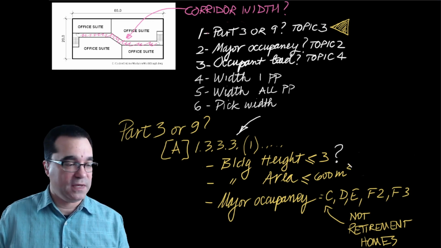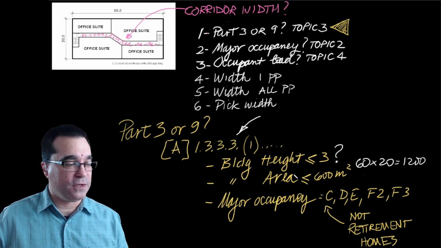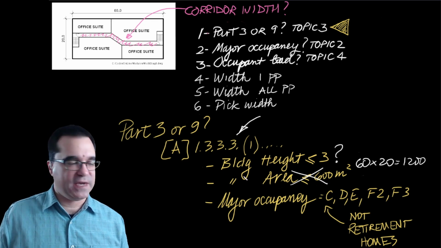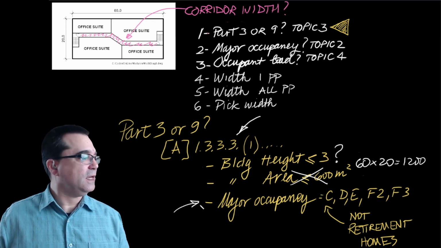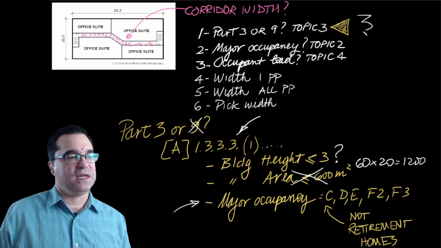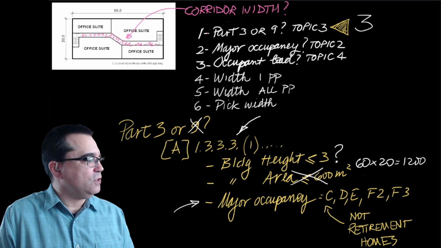How about the area? Is it less than or equal to 600 square meters? Our area is 60 by 20 equals 1200 square meters, so this condition fails. Automatically, we don't even have to check the third condition right here. We know that it is not a part 9 building. Instead, it is a part 3 building. Amazing. So that means we can use part 3 of the Ontario Building Code and we can move on to